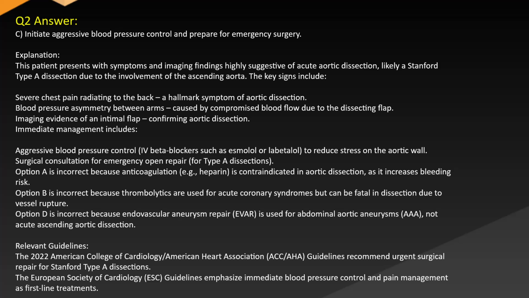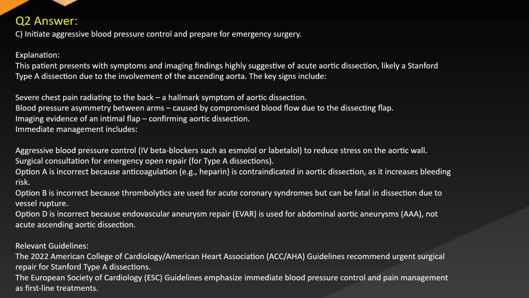Option A is incorrect because anticoagulation with heparin is contraindicated in aortic dissection as it increases bleeding risk. Option B is incorrect because thrombolytics are used for acute coronary syndromes but can be fatal in dissection due to vessel rupture. Option D is incorrect because endovascular aneurysm repair (EVAR) is used for abdominal aortic aneurysms (AAA), not